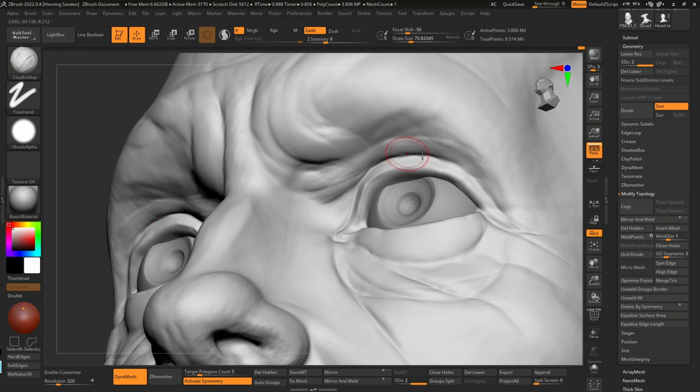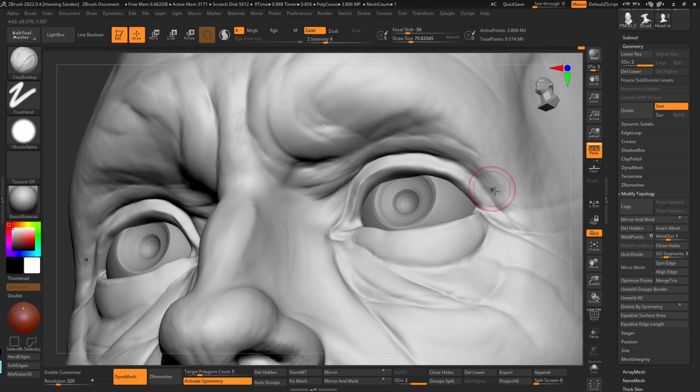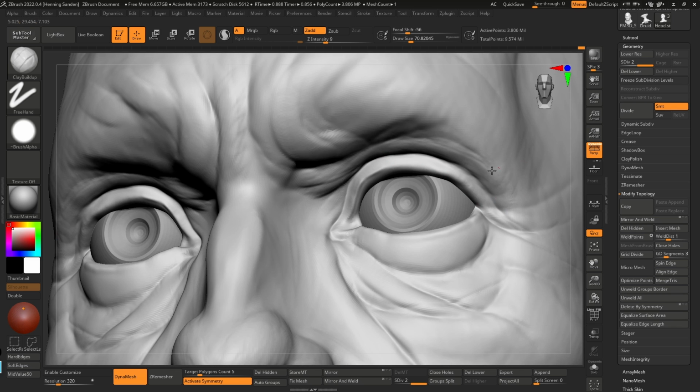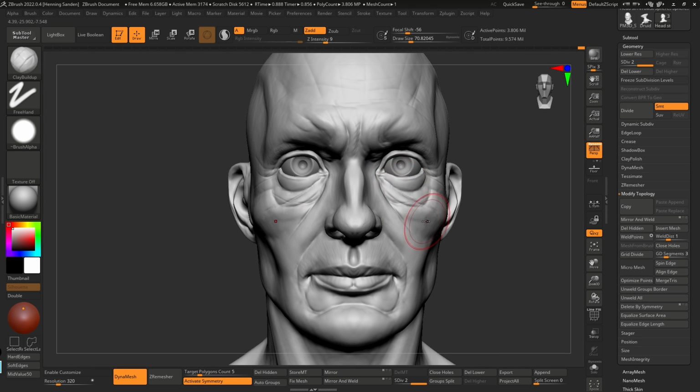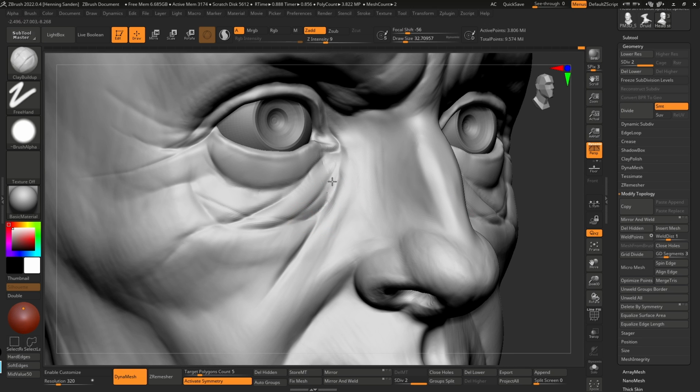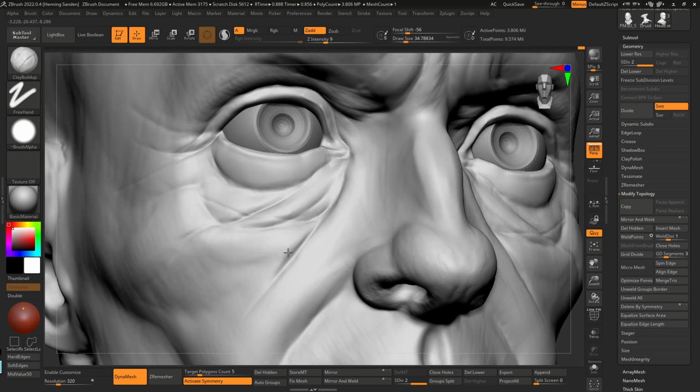So just aging them up a little bit, just making sure this fat pad here feels a little heavier. A quick way of aging somebody is just to make their skin feel heavier. Basically, you can try to